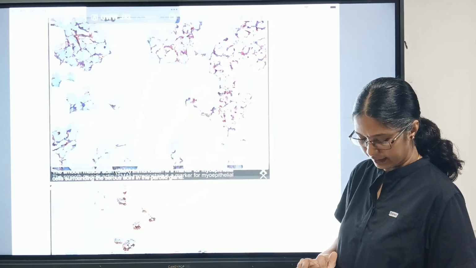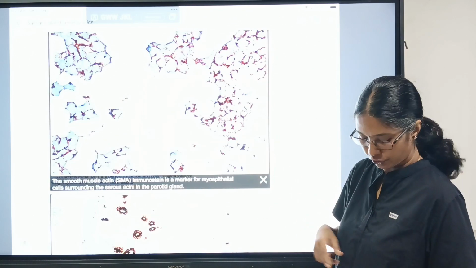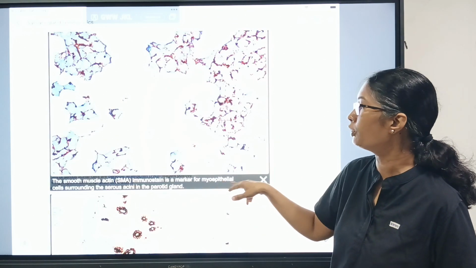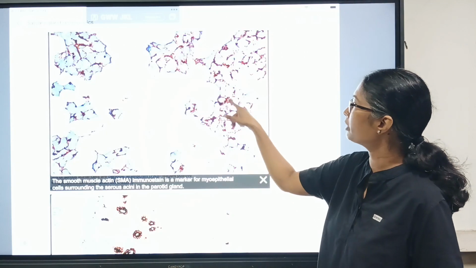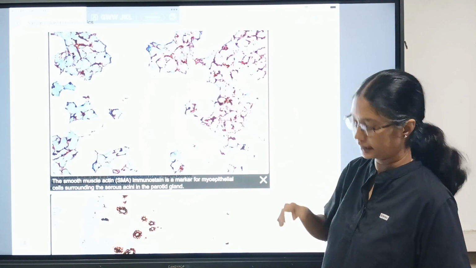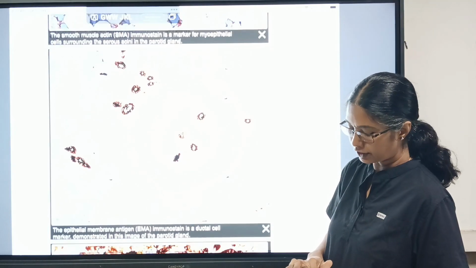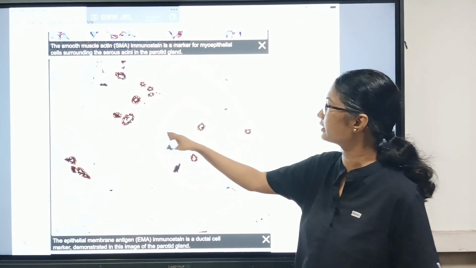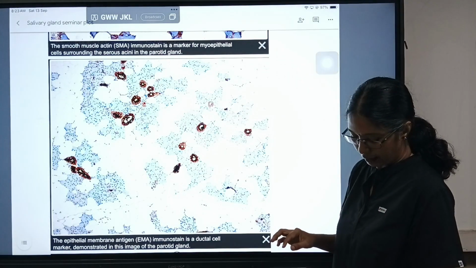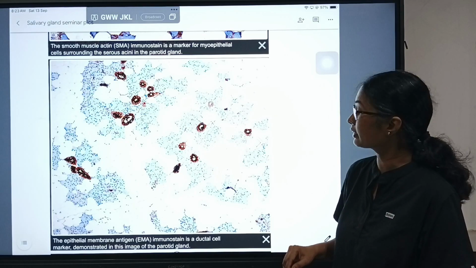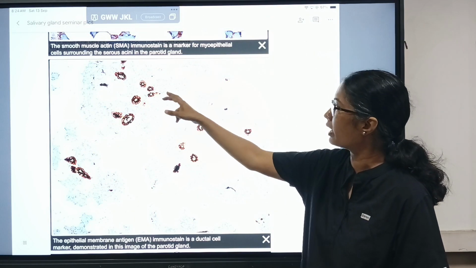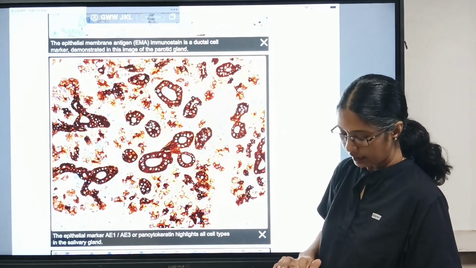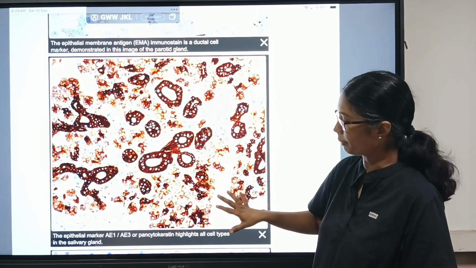So here we can see smooth muscle actin, which shows the immunostain marker for myoepithelial cells surrounding the serous acini in the parotid gland. So we can spot the myoepithelial cells around the serous acini. And this one shows the structures with the epithelial membrane antigen, which is a ductal cell marker. So we can see the ductal cells alone marked in this staining procedure. And this is a complete cytoplasmic